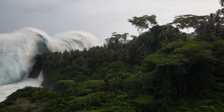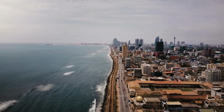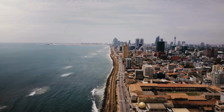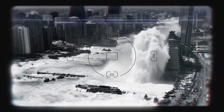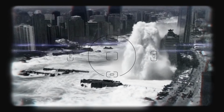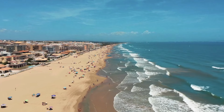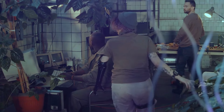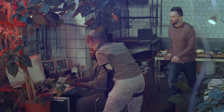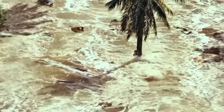Catastrophic tsunamis like the one in 2004 are rare. That's why India and Sri Lanka had no record of such disasters. This lack of experience, combined with the absence of warning systems, made the consequences of the disaster even more tragic. People didn't feel the earthquake because they were far from the epicenter. And with no natural warning signs, no official alerts, and no history of tsunamis, the waves that hit crowded coastlines